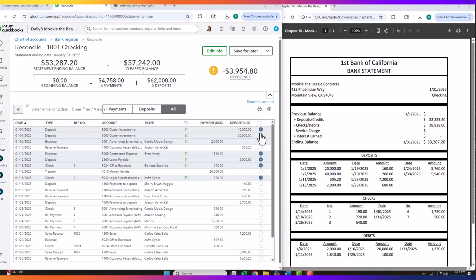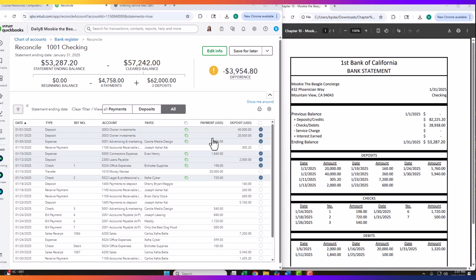statement. Now you'll notice that we have this column for check marks, and some of the items already had a check mark. That's because we used the match feature in QBO in an earlier chapter, and we've already matched these transactions against the bank's records from the feed. Now we're going to still go through them and make sure that they haven't changed in case there were any errors in the feed. This is a more formal process, and we want to make sure that everything's up to